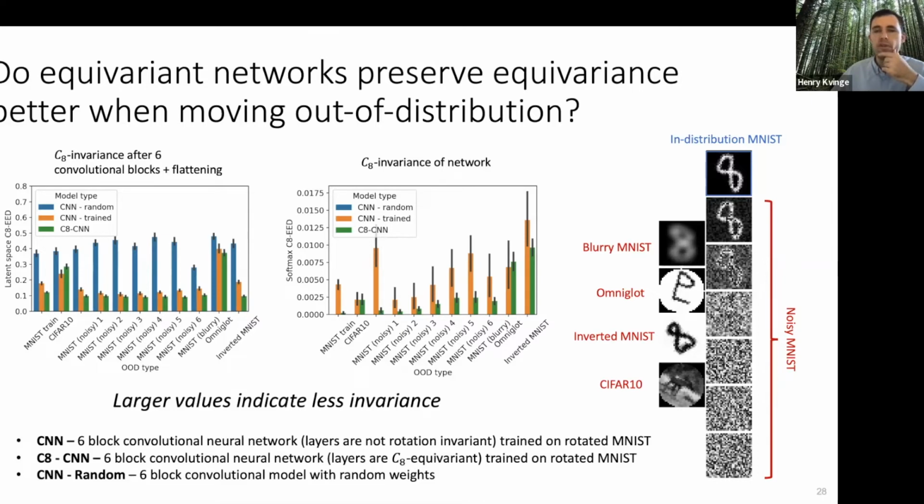The one funny thing to note is that for the output of the model itself, actually the most invariant one was the one with random weights that did terribly. So it's important to keep in mind that invariance is sort of a secondary benefit and probably not the thing to optimize for. A network with zero weights that gave a constant value is very invariant, but probably not something you want.